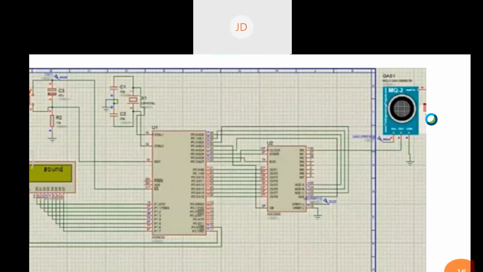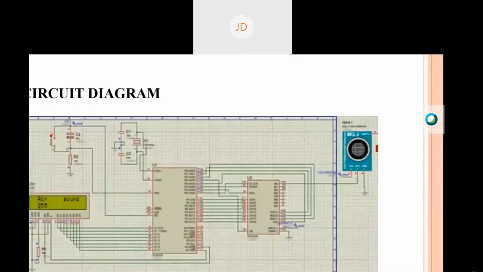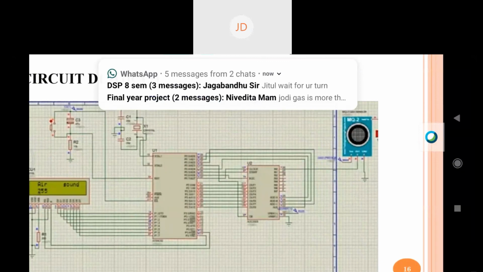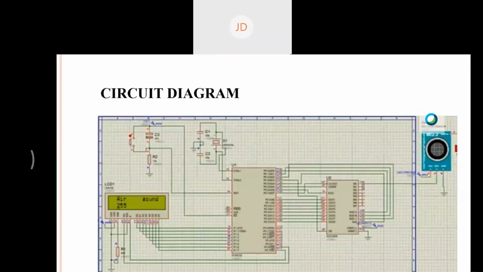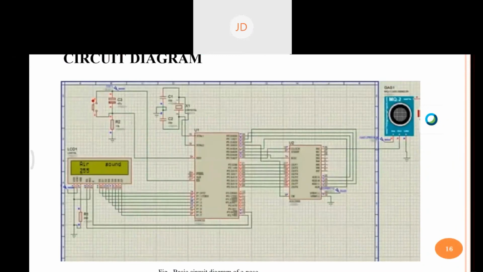The working of the gas sensor: the ability of a gas sensor to detect gases depends on the chemiresistor to conduct current. In our gas sensor, we have a tin dioxide layer. It is also called a metal oxide semiconductor, because tin dioxide is an N-type semiconductor that has free electrons. Normally our atmosphere contains more oxygen than combustible gases. So oxygen attracts the free electrons present in the SnO2, that is tin dioxide, which pushes them to the surface of the SnO2. Therefore no free electrons are available, and the output current will normally be zero.